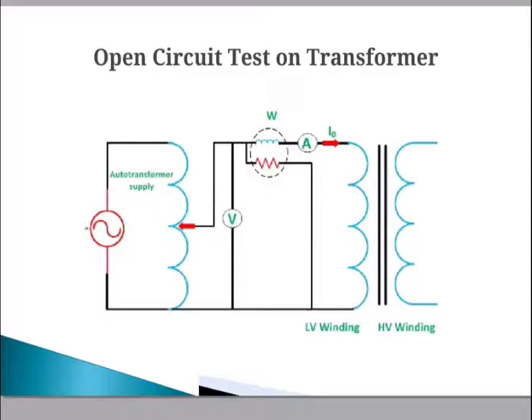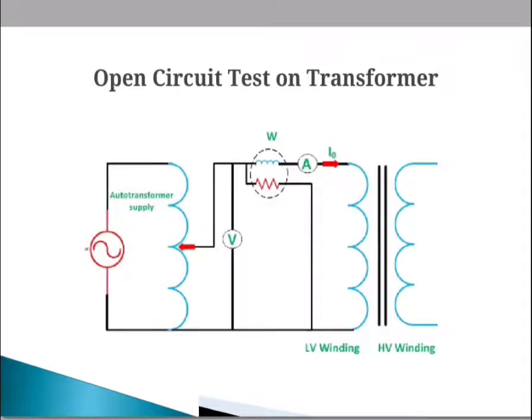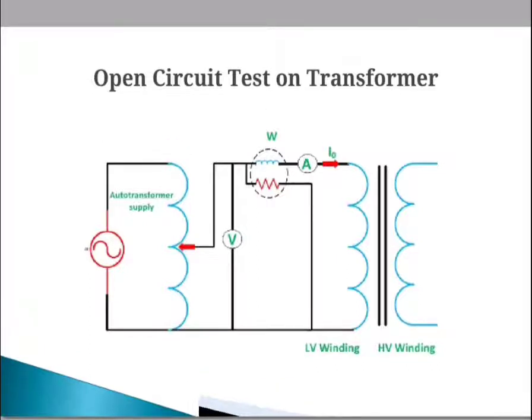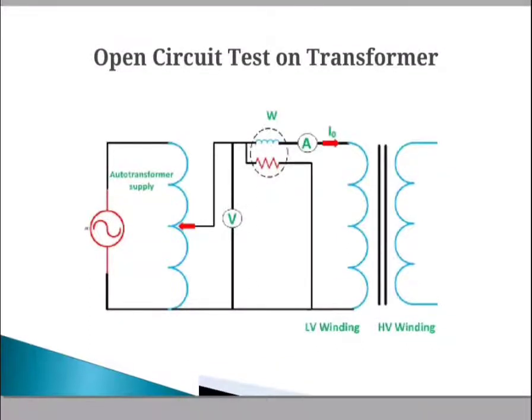When we apply some voltage on the primary side, then voltage will be induced on the secondary side according to the mutual induction principle, and this will be measured with the help of the voltmeter. When we keep the secondary of the transformer open, the no load current flowing through the primary winding will be small. The value of no load current is very small as compared to the full load rated current, and the copper losses occur only on the primary side of the transformer, because the secondary is kept open, so no current is flowing through the secondary side.